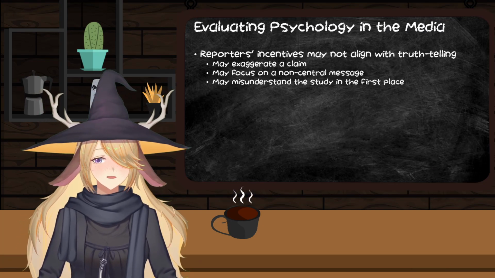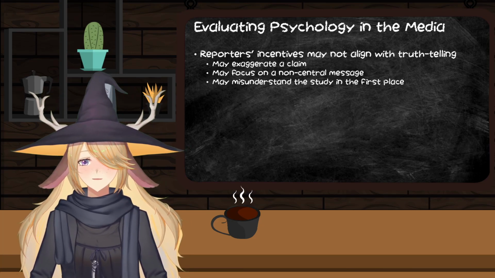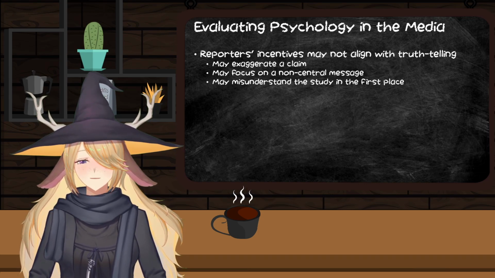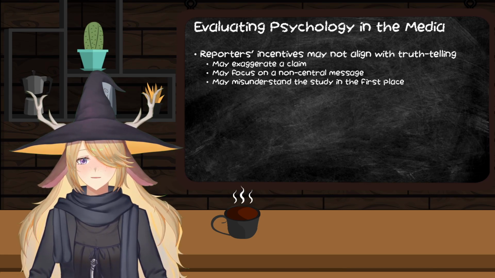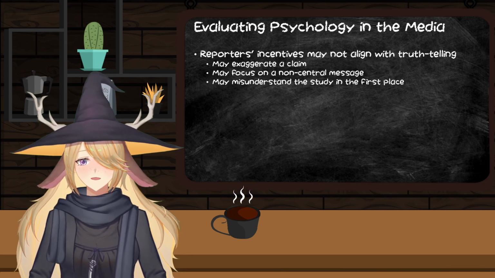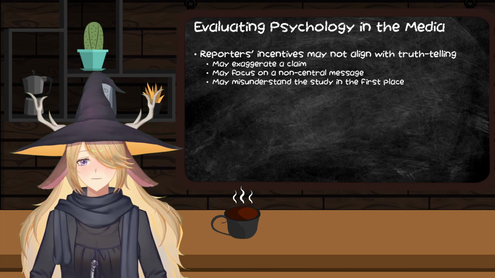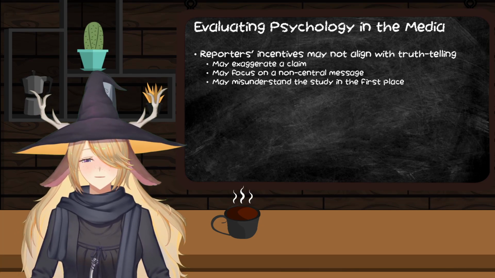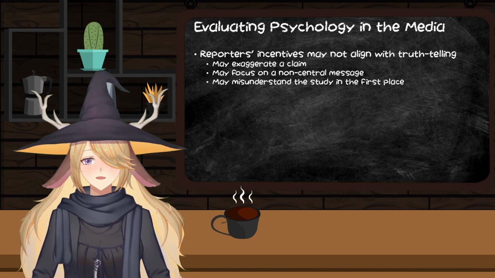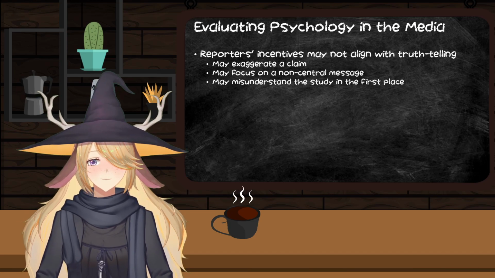So let's talk about what you all can do and what's the takeaway here. Let's talk about evaluating psychology in the media. Yeah, I very much agree that free and open knowledge is important. It's a big reason why I'm doing this whole series here. And yeah, so instead of doing something 20 times, you do it 40 times. Now, presumably, if you do something 40 times and it only works twice, eventually even the thickest of professors will figure it out and realize that they're trying to publish bullshit.